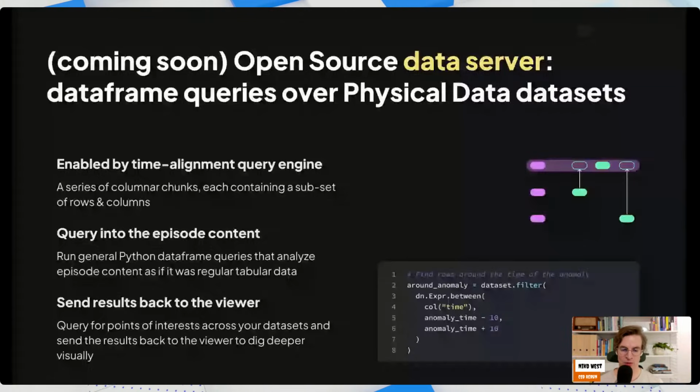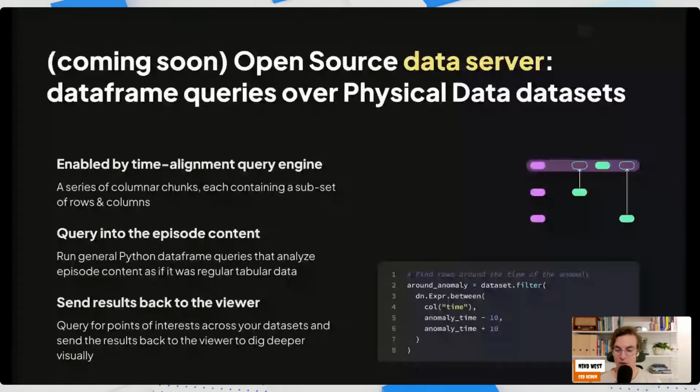You can write normal Python data frame queries on top of data sets of this kind of episodic robotics data, and you can query metadata about episodes and also into the episodes.